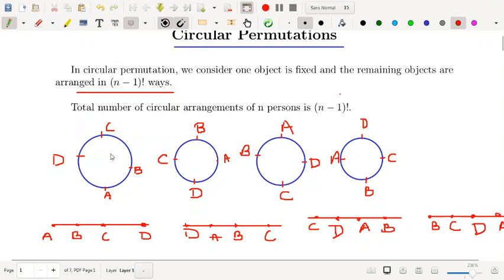So you see, in the first circle, A, B, C, D are arranged in anti-clockwise direction in a circle, or say a round table. If we shift ABCD one place in anti-clockwise order, we get diagram 2, and shifting one place again in the same direction gives diagram 3. Again shifting one place gives diagram 4. So all four diagrams are in the anti-clockwise direction. These are the same.